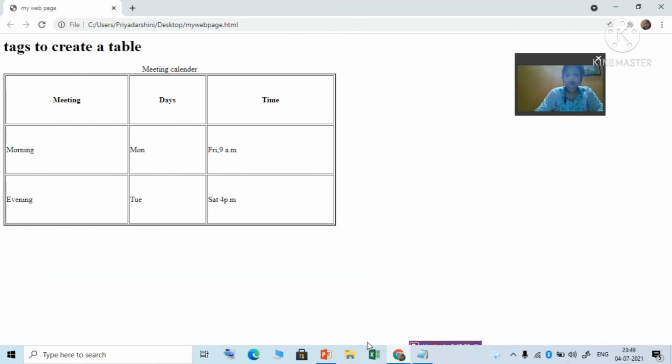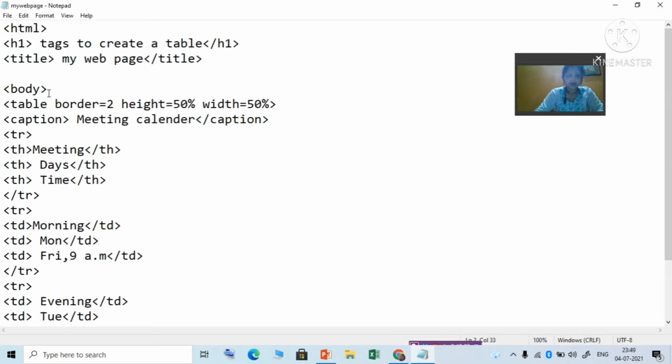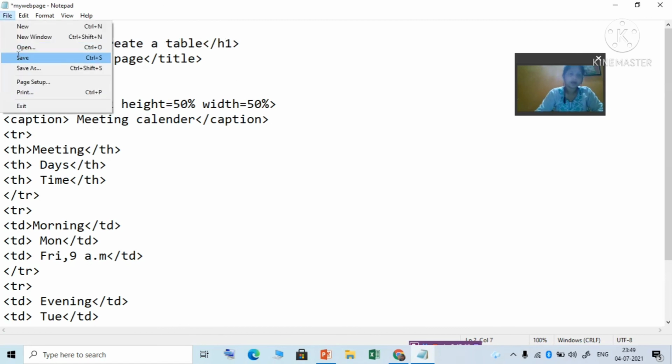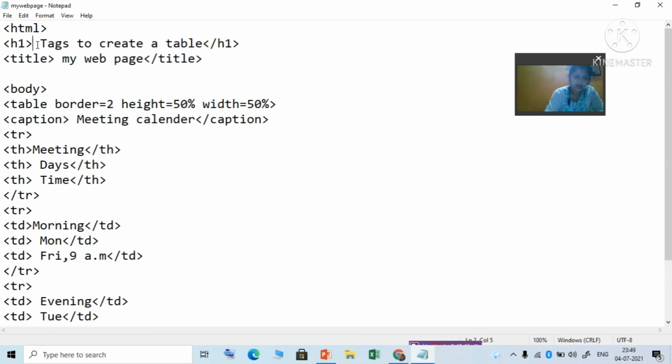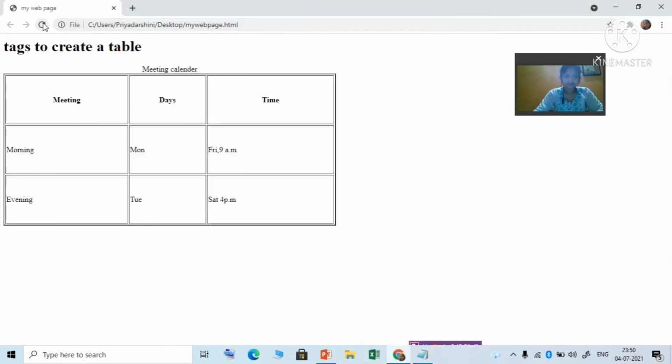Okay. So if you want, there is a tag known as the center tag, CENTER. You just have to remember which tags are used for which purpose. The center tag is used to move something to the center of the screen. See here. Okay. So now it is your table.